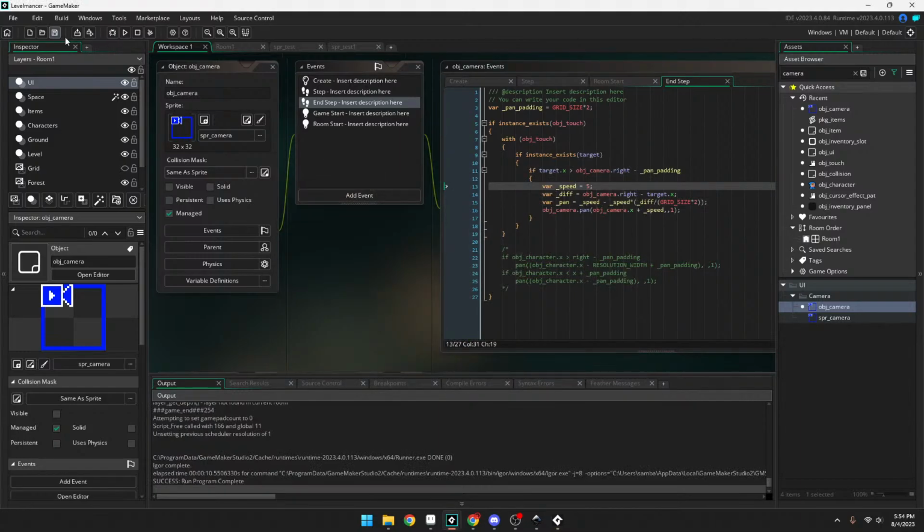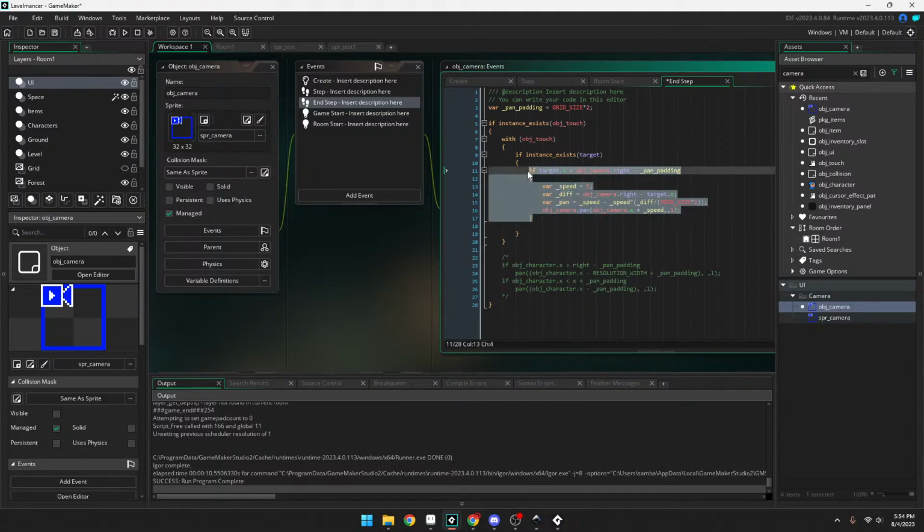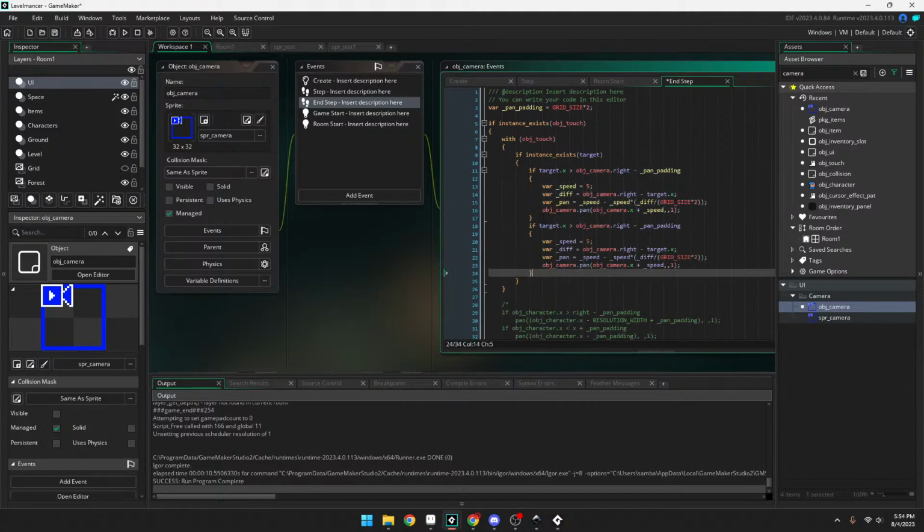So let's do that for now, and then target X is